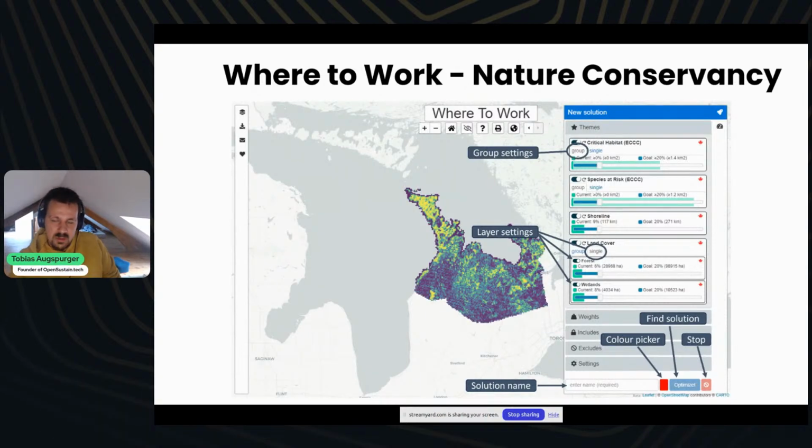Then there is much more, and this is really something that is coming now. This trend that is coming more and more is to use satellite data and a lot of other different data that is merged with each other to understand what's actually the nature that is really worth protecting. Where is a lot of biodiversity and how do we protect it? For this planning, what's really strong nature that we need to protect, but also maybe areas where a lot of animals live that are on some red list and need to be protected. You can find this out with open source software,